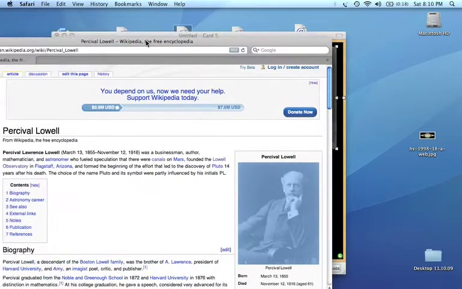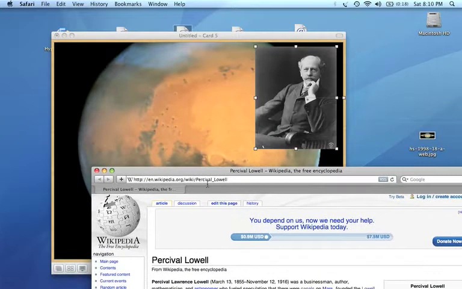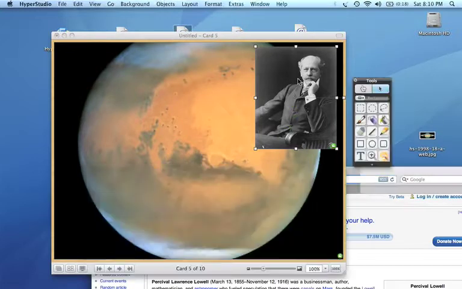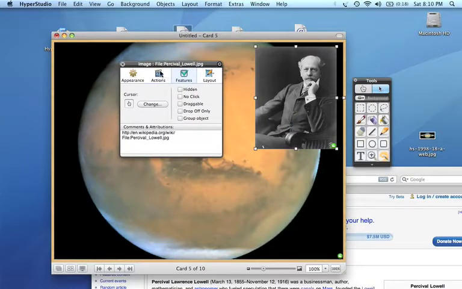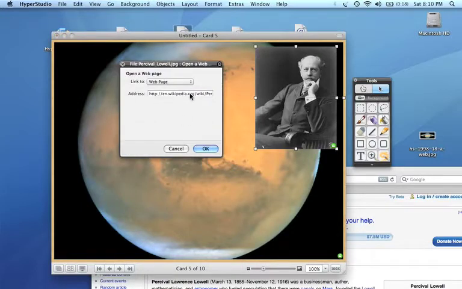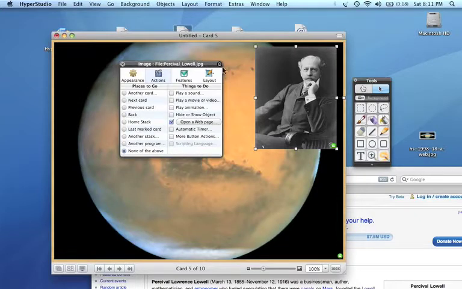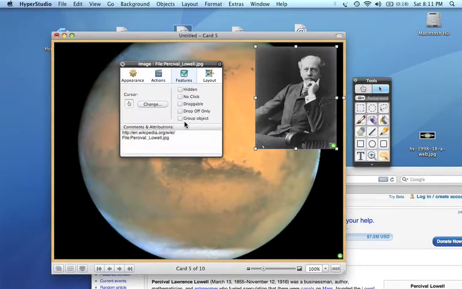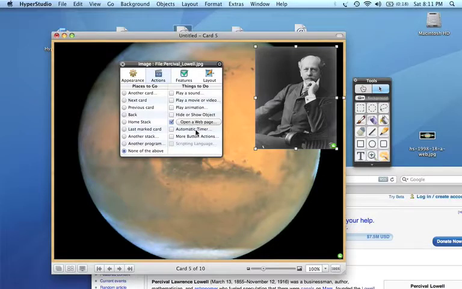But the URL for where this came from is not quite the same. It's the Wikipedia page. So to make that as a connection, I took the URL from the address bar, dropped that on his picture, and now if we go to Actions, you'll notice that it's automatically been set up to open a web page when his picture is clicked on, and where it goes to is the Wikipedia page. So there are two URLs associated with this image. One, the URL for the image itself, and the other one is open a web page that goes to his